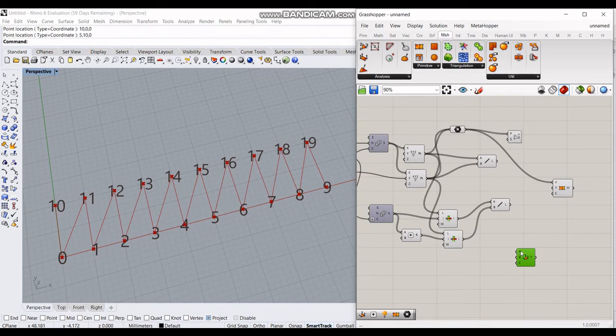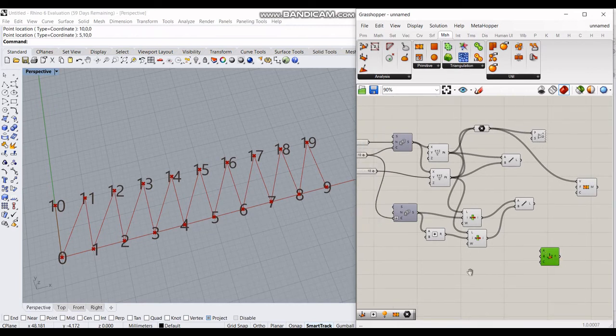And the tricky part here is to initialize these indices. So we'll use the series component to create any kind of patterns. So let us assume that for the upper triangles, this is the first index, this is the second index, and this is the third index. So like that, the first index will be 0, 1, 2 till 8. The second index will be 10, 11, 12 and so on. And the third index will be 11, 12, 13 till 19.